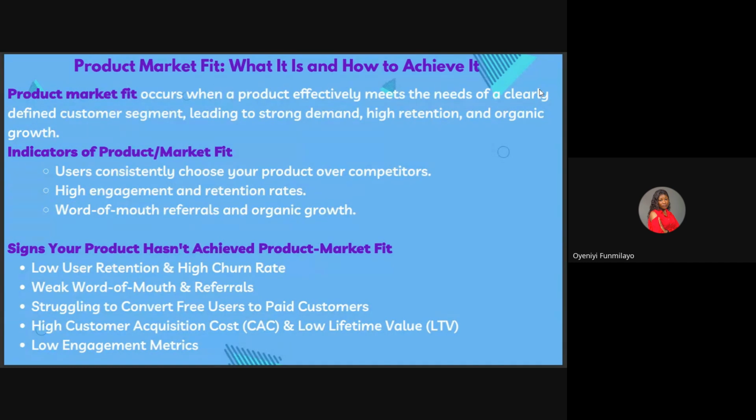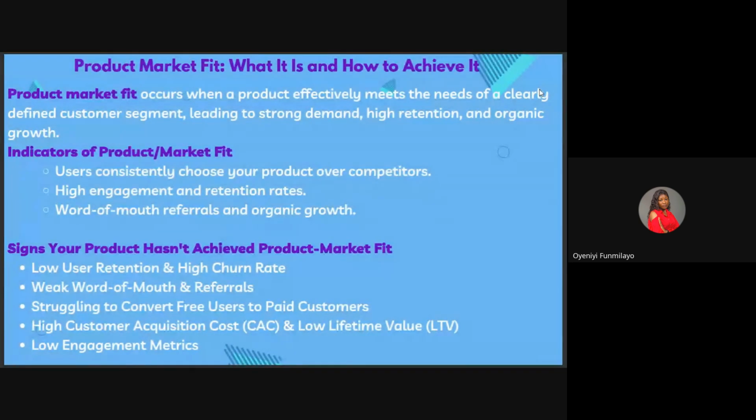What is that? Word of mouth. Did anybody pay the person to tweet that? No. She just did it at random. And of course, somebody that is not using Piggyvest, when they see that Piggyvest interest rates for piggy bank has moved up, I think it's 18% or so, what will happen? They also want to go and sign up on the app because they want the interest rate. They also want the money too. Do you get? So when people are already doing this whole word of mouth thing, that means your product has achieved market fit.